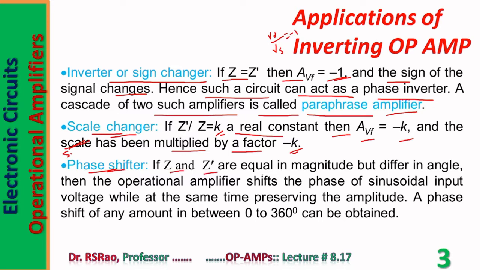If Z and Z prime are equal in magnitude but differ in angle, then the op amp shifts the phase of the sinusoidal input voltage while at the same time preserving the amplitude. A phase shift by any amount between 0 and 360 degrees can be obtained. So it can be used as an inverter, as a scale changer, and even as a phase shifter by selecting Z prime and Z